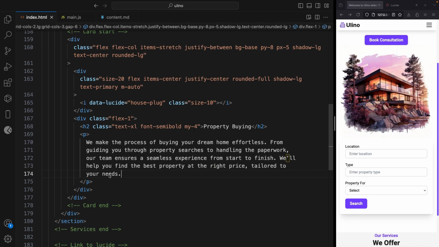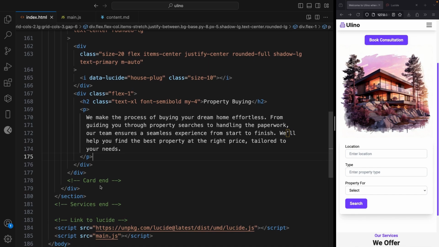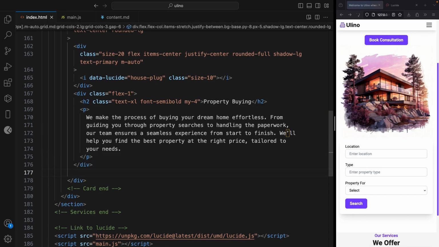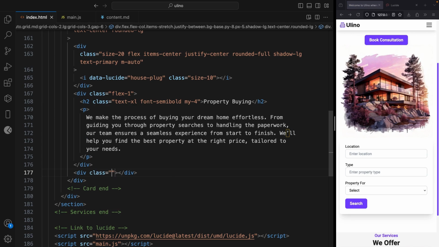Awesome. So let's go ahead and come over here. So after the paragraph, after this div that contains the paragraph, let's create another div here,